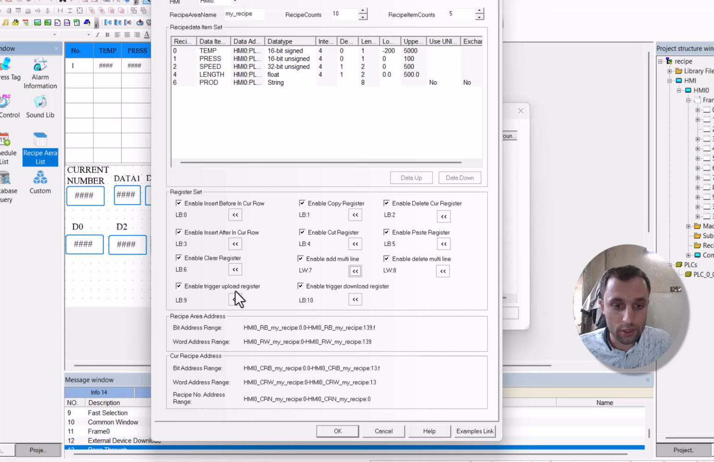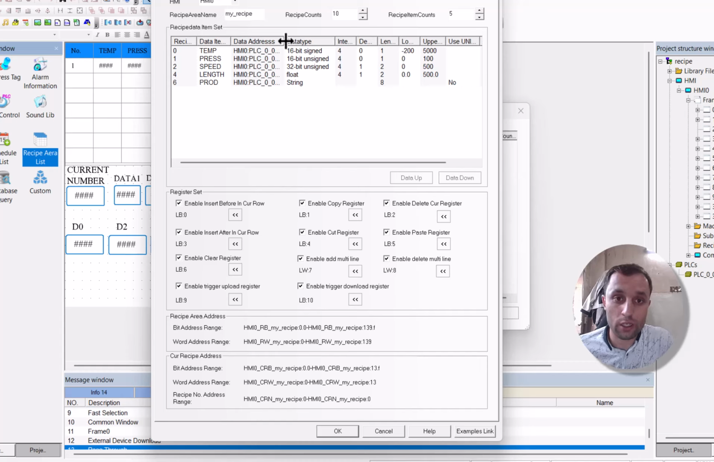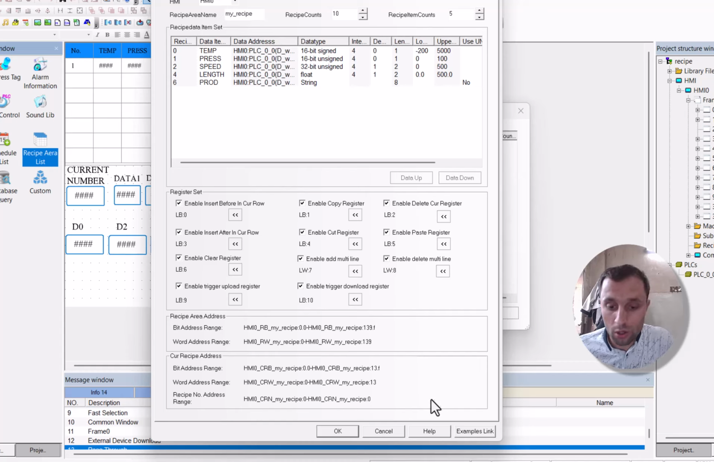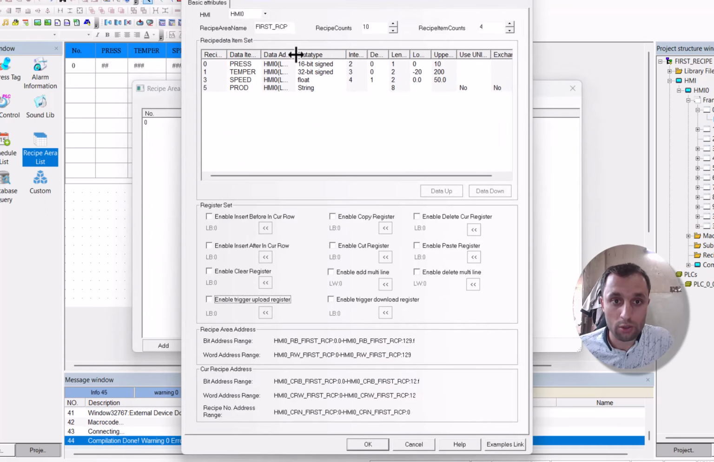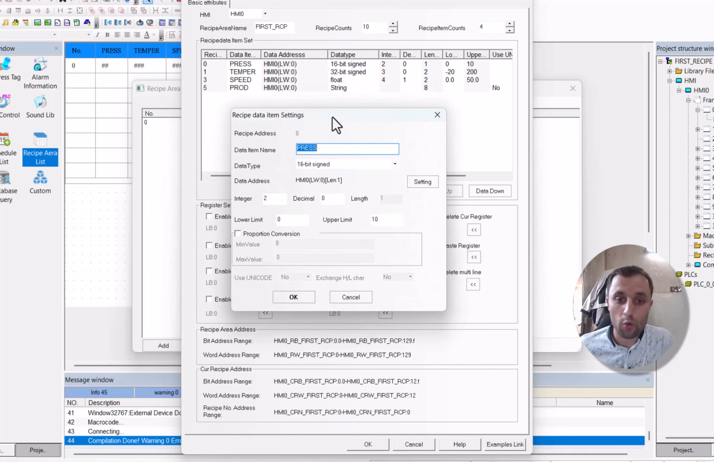And enable trigger upload register and trigger download register. What do these two mean, upload and download register? One thing before I talk about these: don't pay attention to this area. This is the data address area. And what we can do in this data address area, when we choose some recipes,